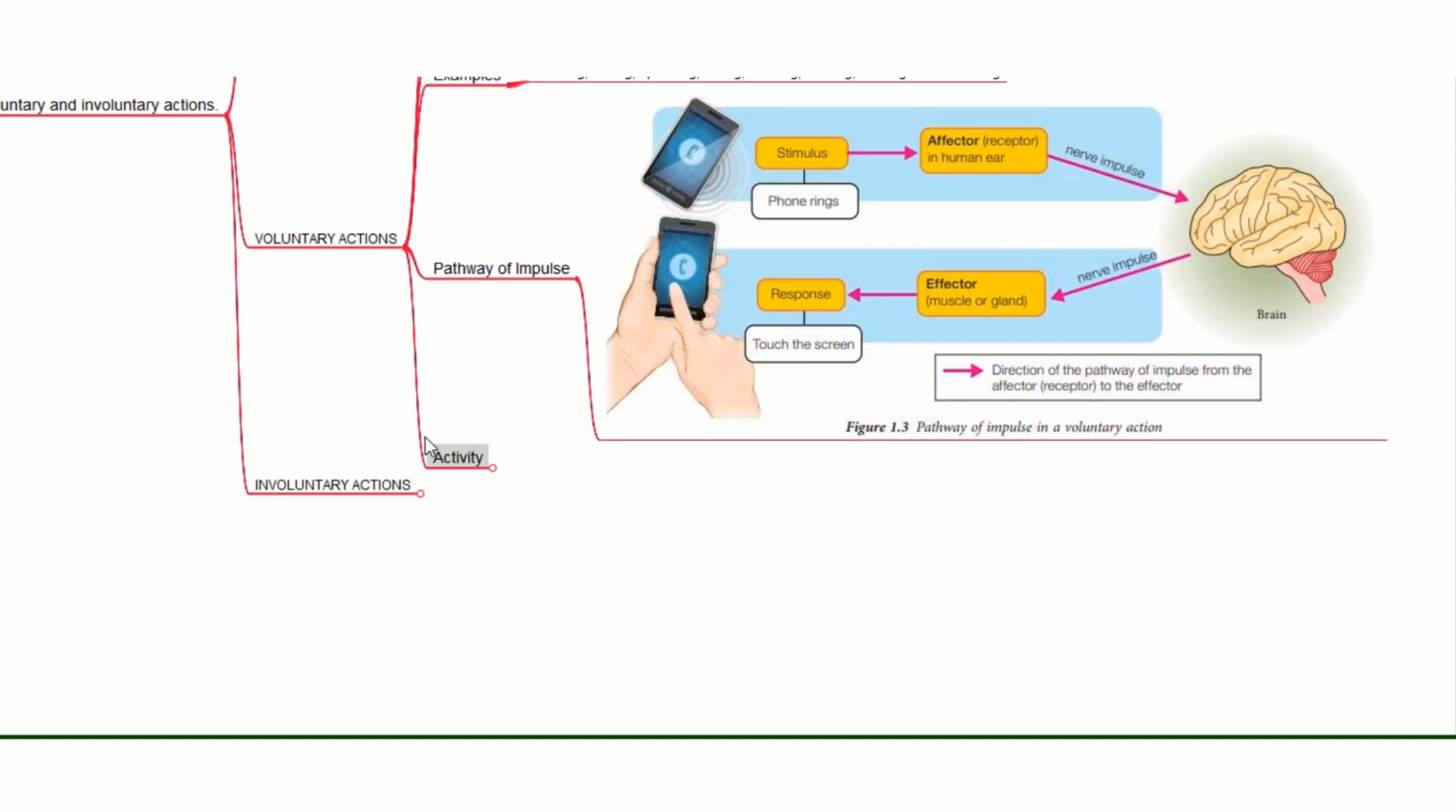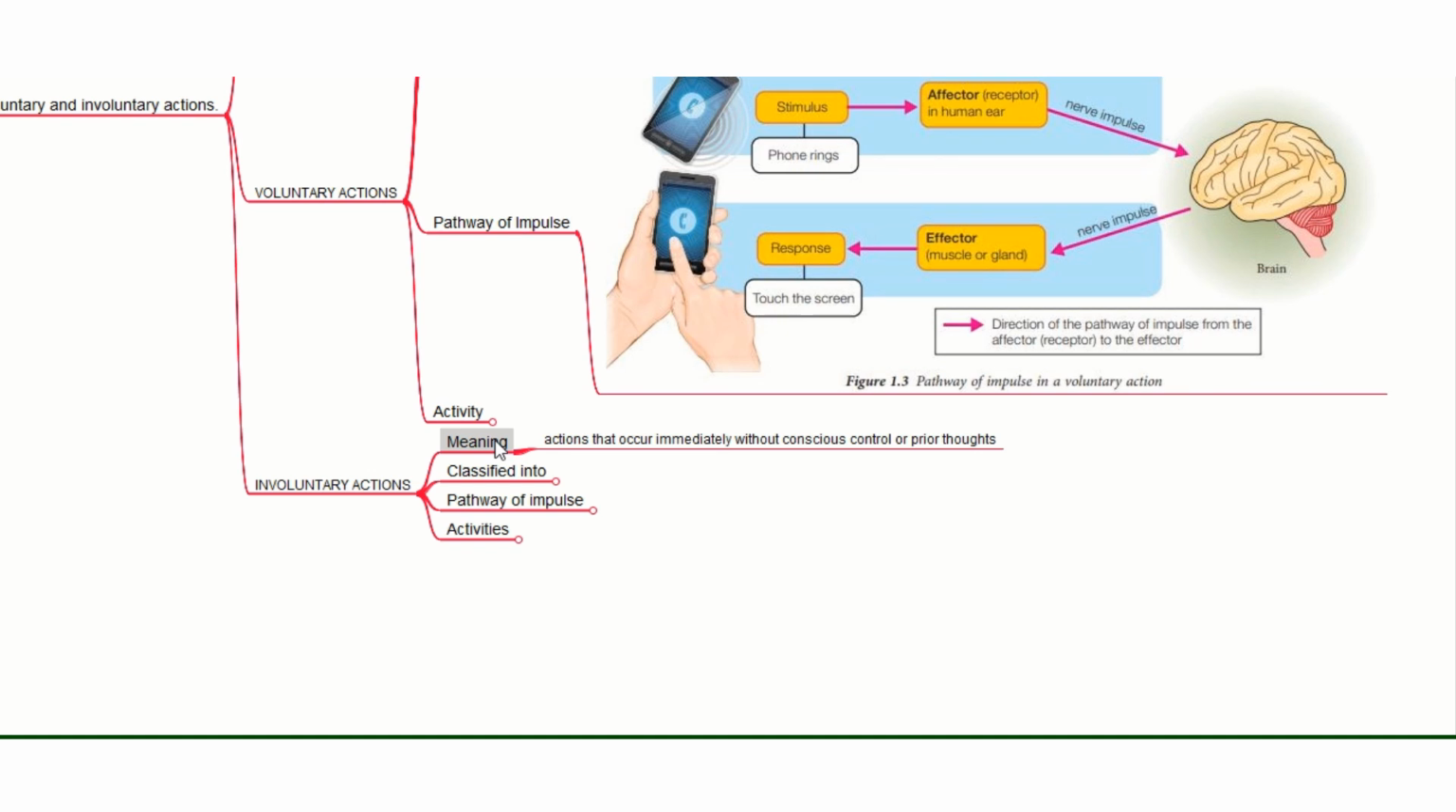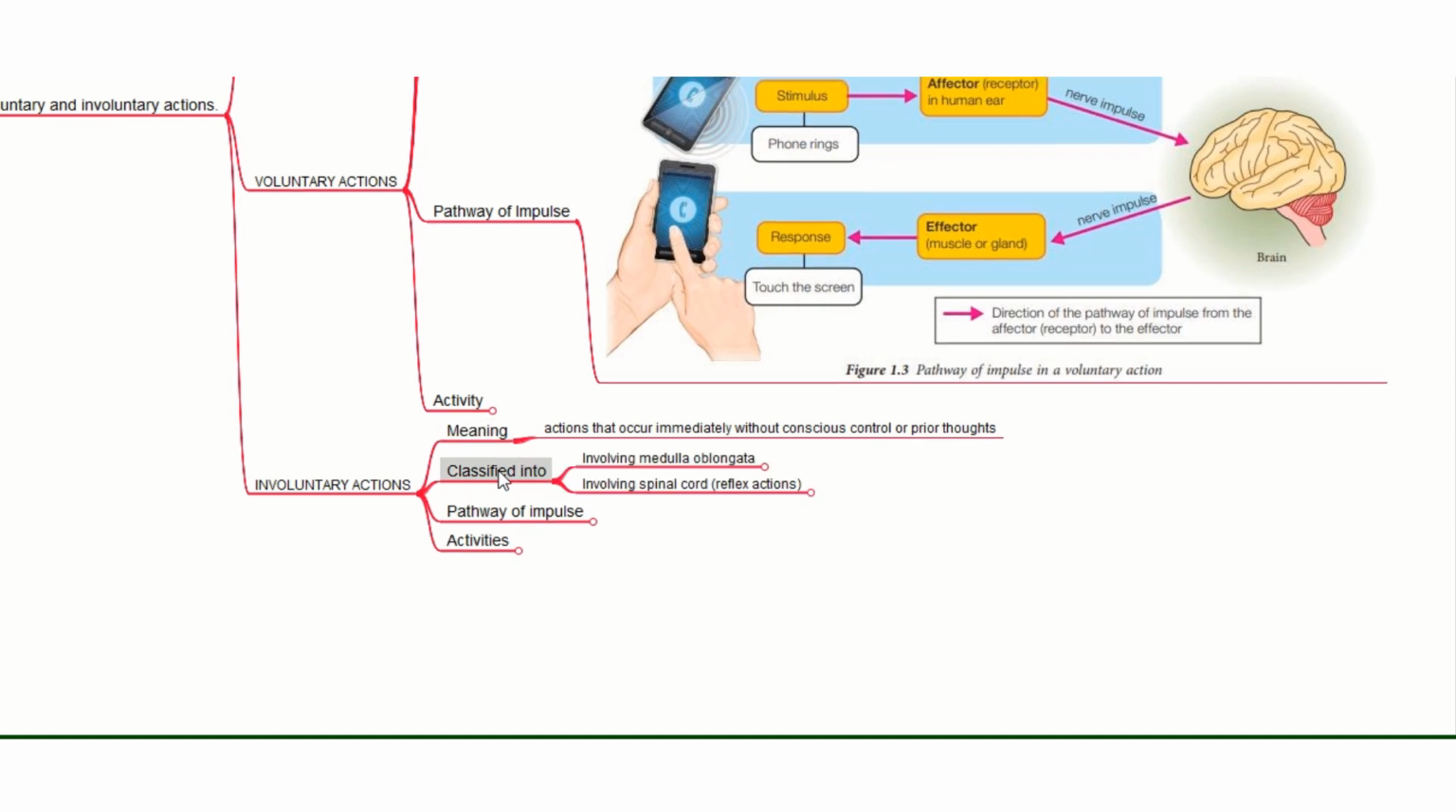for voluntary actions. Then let's take a look at the involuntary actions. What's the meaning of involuntary actions? Okay, the actions that occur immediately without conscious control or prior thoughts. Involuntary actions are classified into involving medulla oblongata and involving spinal cord